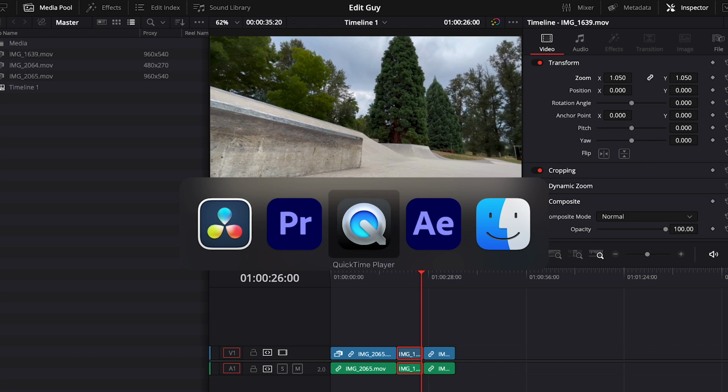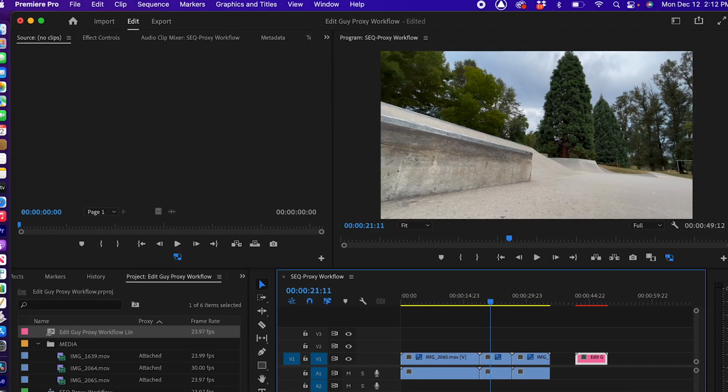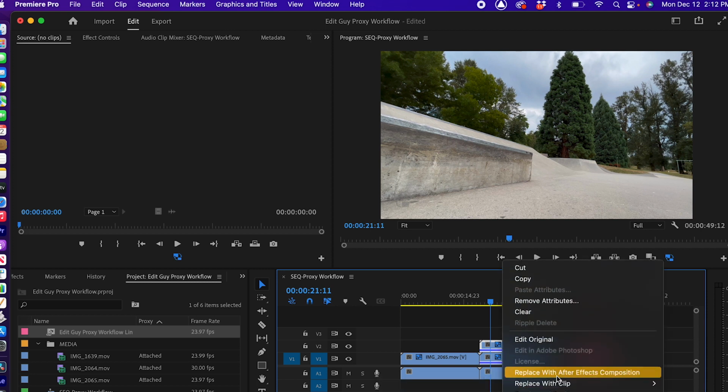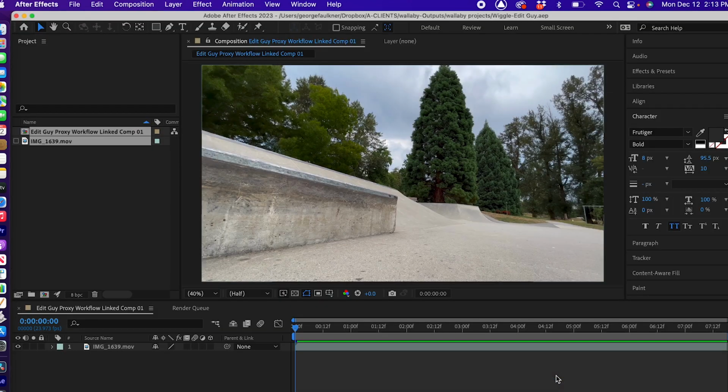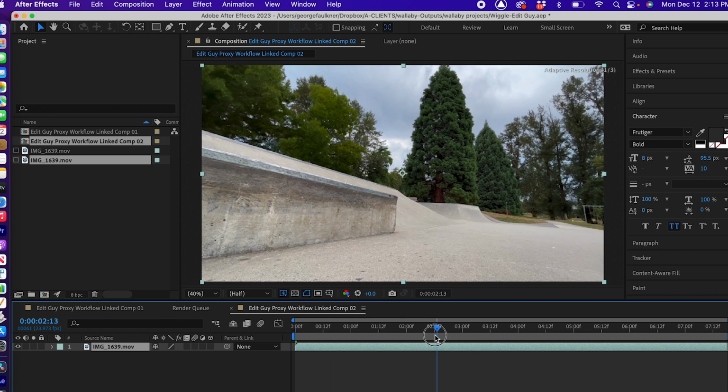And now we go to Premiere. And it's slightly different. We have to open in After Effects. So we right click. First, it's a good idea to duplicate your clip. Right click, replace with After Effects composition. Now I have it in here, and you go into your wiggler